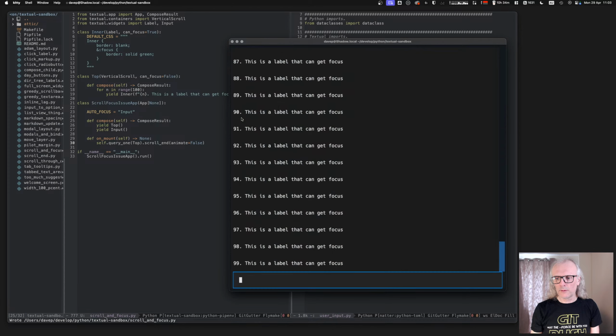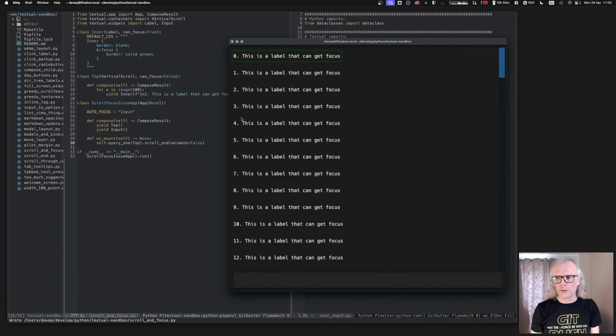No animation, none of that nonsense. That went straight there. So this is the power of an MRE. Definitely the power of an MRE in that.